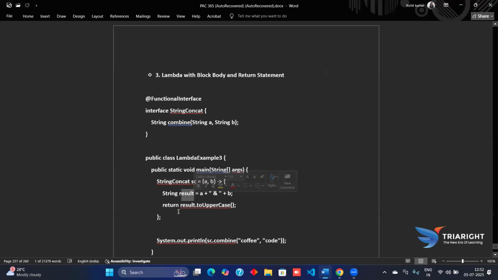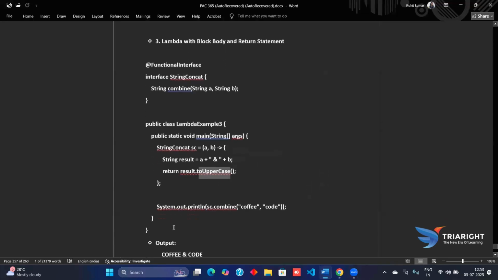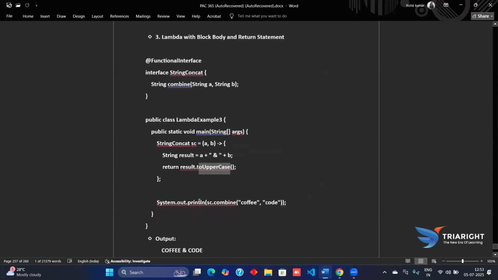Now return result. Now we have the return result.toUpperCase(). Whatever the value will be there, all the value will be returned in uppercase. Here we have the functions, the string part, whatever is written in that will convert to uppercase, and finally we'll print the value of these. Finally it will be System.out.println, and for printing these values, we have to call this function method